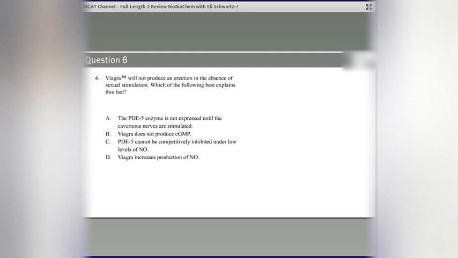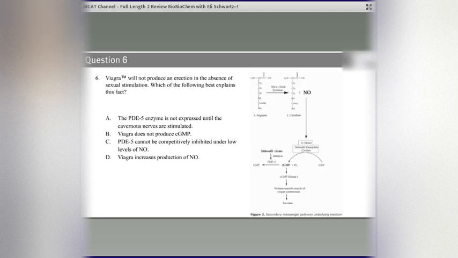Do we know the pathway associated with this already, or do we have to go back to the passage? Go back to the passage. This is not one of our digestion, circulatory system, respiration systems that we should know going into the MCAT. Clearly, it was something from the passage, and it absolutely was there from figure 2. Here is that information pathway again. We'd have it, of course, on the left-hand side of our screen on test day. We absolutely can refer back to it. Now, it wants to know what